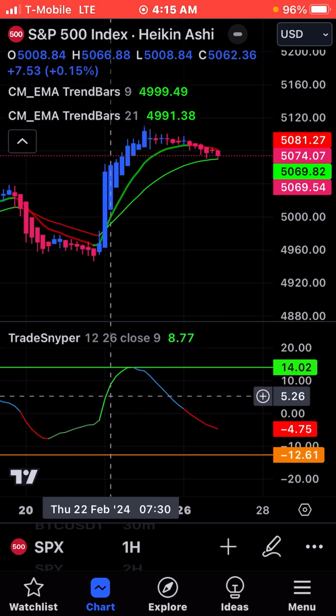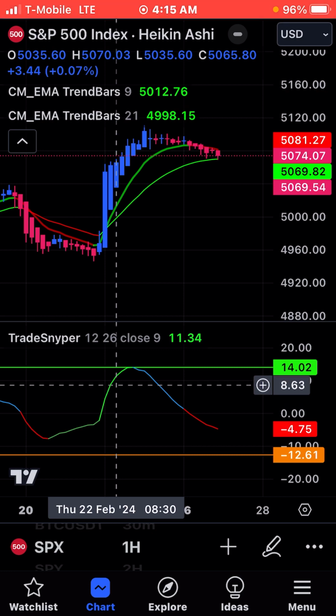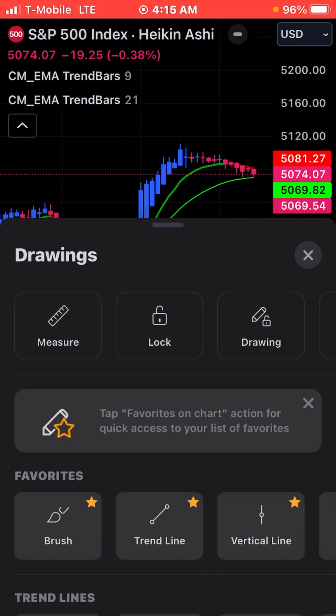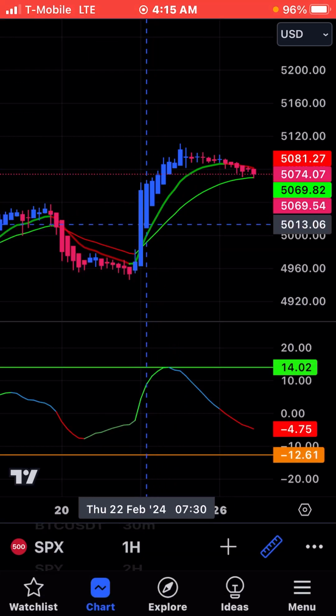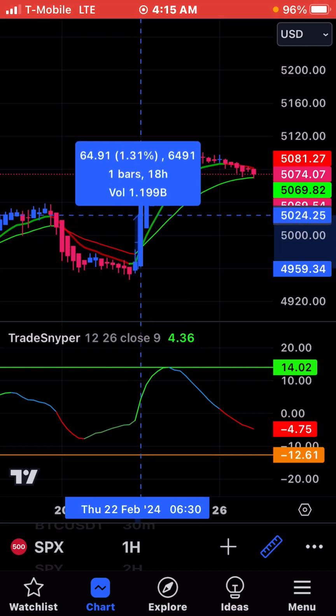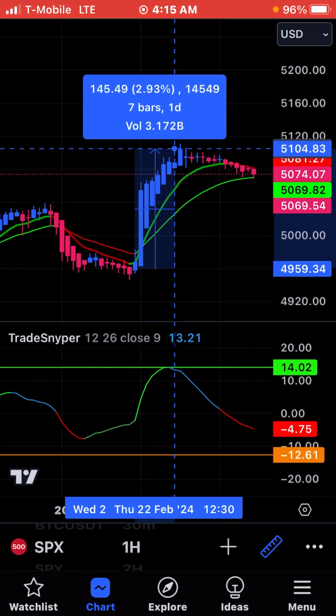So when you see Trade Sniper go to bright green, it's a good moment to get in for trades. I'm not going over strategy here, but if you focus on all the moments it turns light green, these are moments to enter your SPX position, and you just ride it out. So if you rode this out,